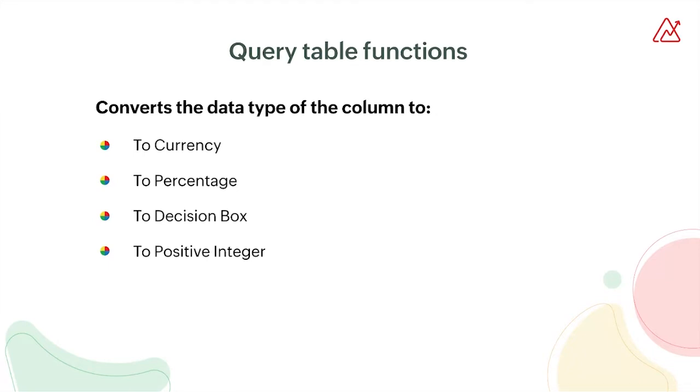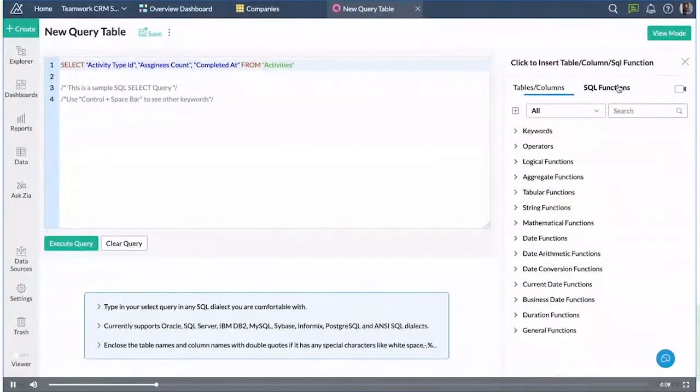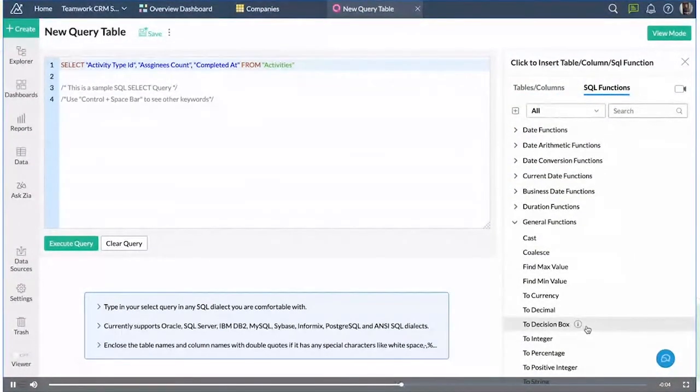Now let's check out where these functions are located in the product with a small demo video. As you can see, under the SQL Functions tab and under General Functions, you can find these data type conversion functions over here, like toCurrency, toDecisionBox, toPercentage, and toPositiveInteger. Moving on,